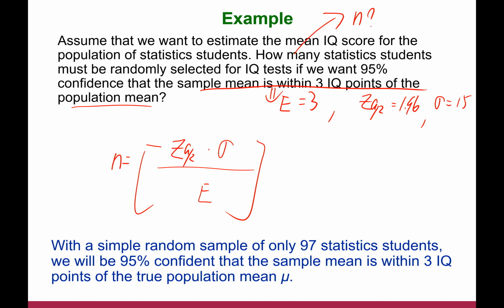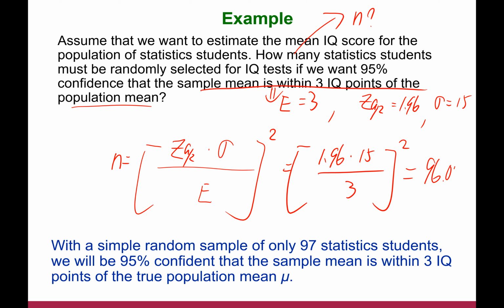So now we're plugging all the numbers into the formula: critical z-score 1.96 times sigma 15 over 3, and square it. Let's see what that is. It turns out to be 96.04. Again, the rounding rule is always round up to 97. That means with a simple random sample of 97 statistics students,